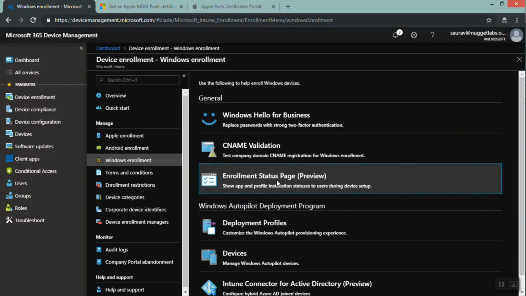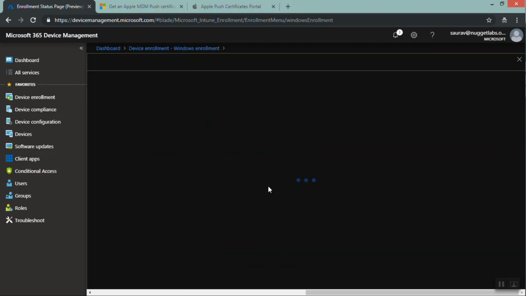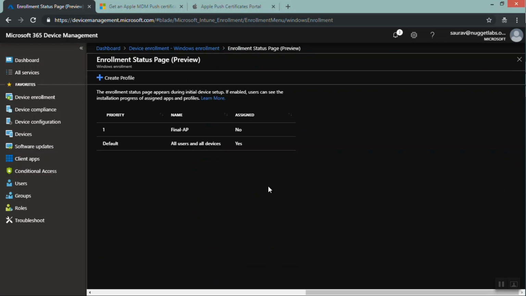Enrollment status page, this is still in preview. Let's just say that I am enrolling a Windows device, and after enrollment there are some applications that have been provisioned to the user. Enrollment status page is something which actually shows the end user the status